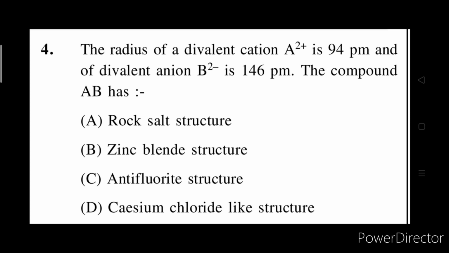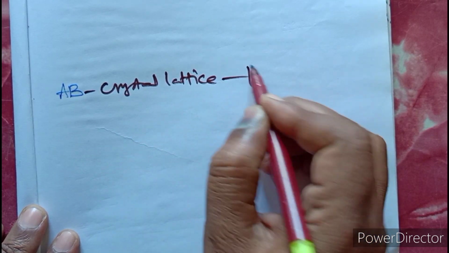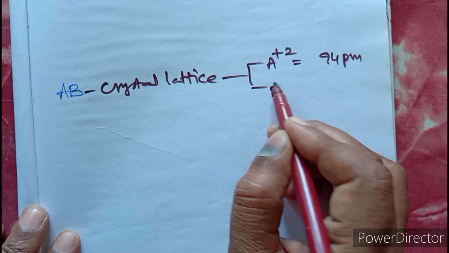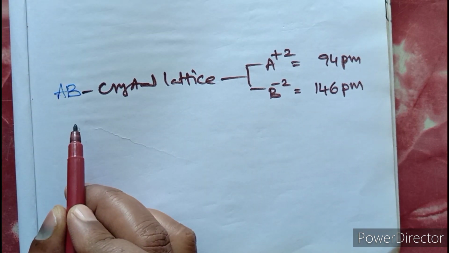The radius of a divalent cation A²⁺ is 94 picometers and that of a divalent anion B²⁻ is 146 picometers. What is the structure of the compound AB? In the AB crystal lattice, the radius of the divalent A²⁺ cation is 94 picometers and that of the B²⁻ divalent anion is 146 picometers. So the structure of the AB crystal becomes